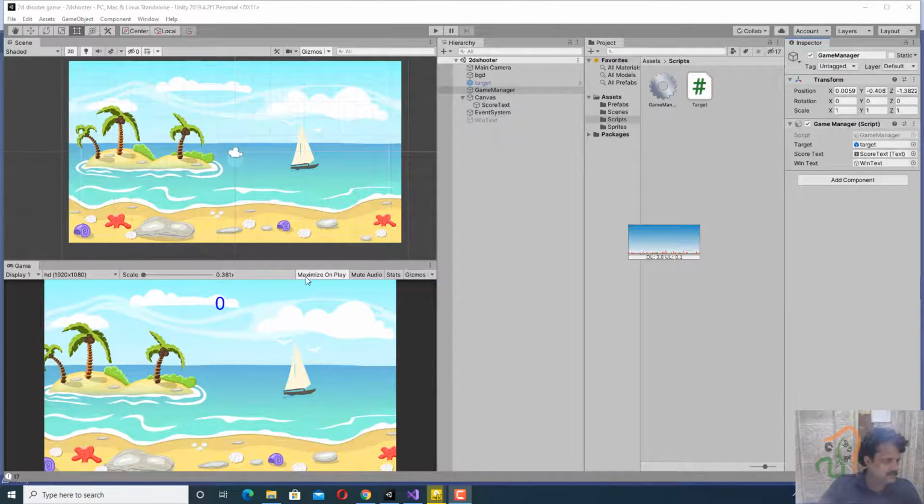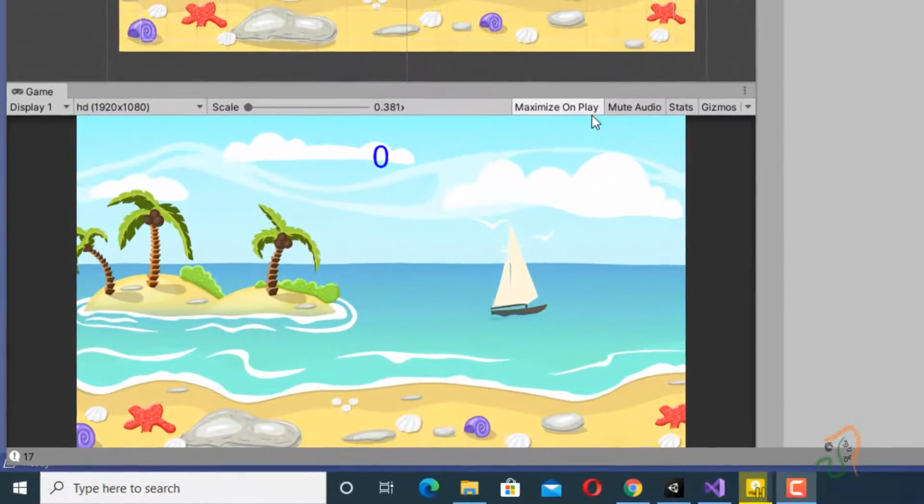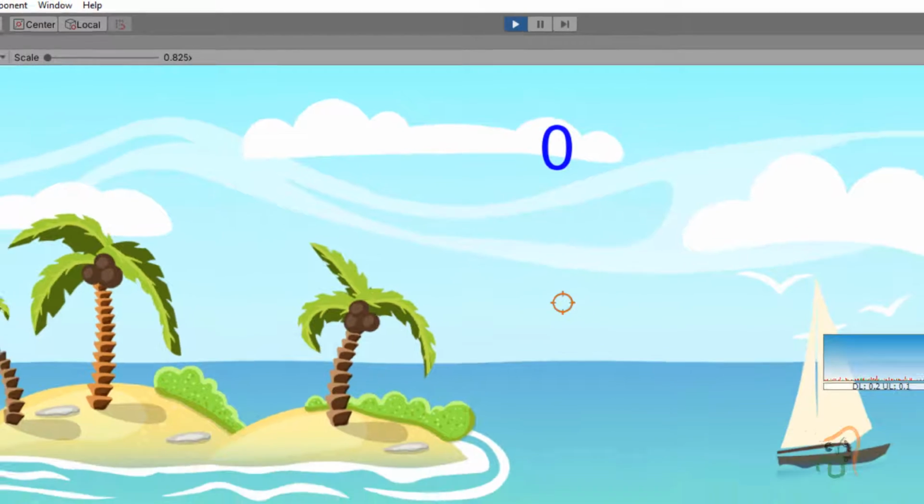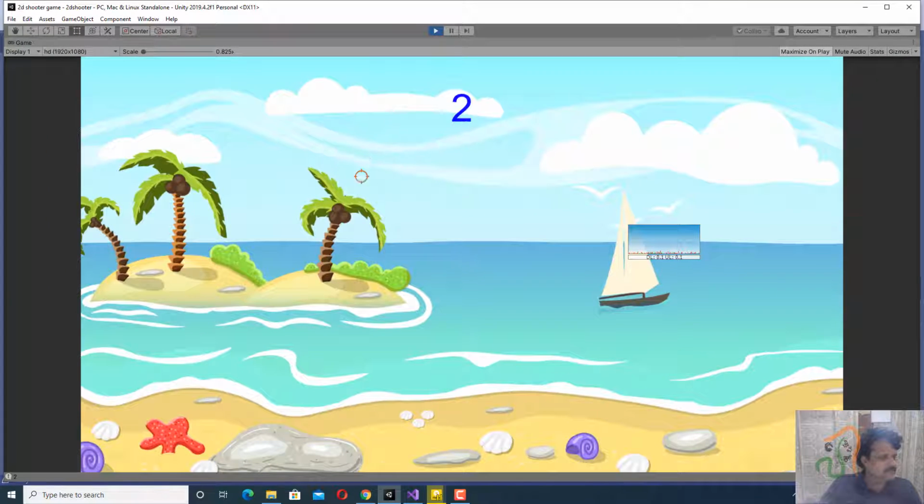For this, see that Maximize on Play is on. Now go to the play button and play this game. As the target spawns, we are going to hit it. You can see the score moving: 5, 6, 7, 8, 9. Every 2 seconds a target pops up, and as we are hitting, the score is moving.